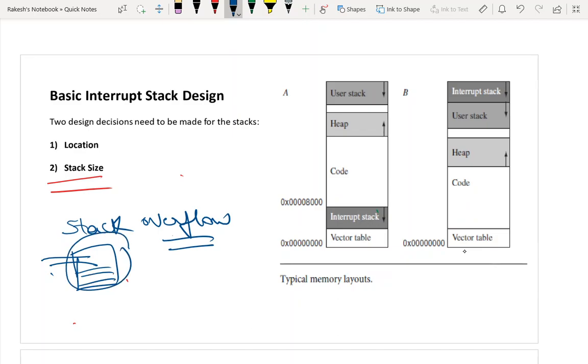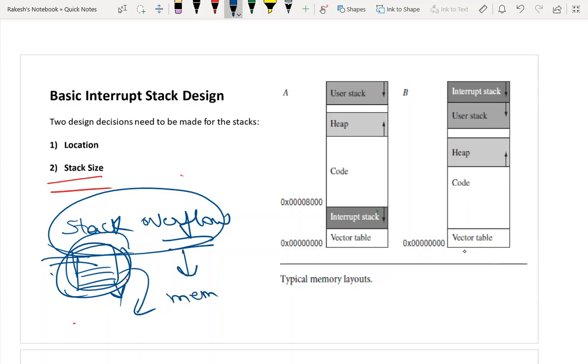When that memory is full, where do you push another content onto the stack, or when the interrupt handler is going to execute certain instructions where it may require some register contents to be put into the stack? If the stack is full, then it overflows, and this will result in memory corruption. Stack overflow will result in memory corruption.